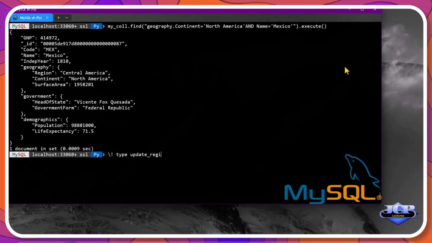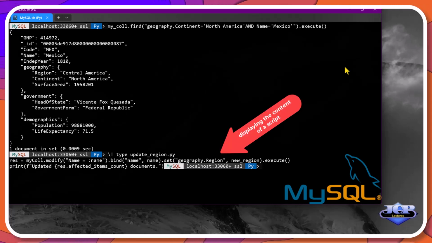Let's type the content of the script update_region.py. Notice that this script modifies a document whose name is given, and that we can handle this name as a parameter using the method bind.